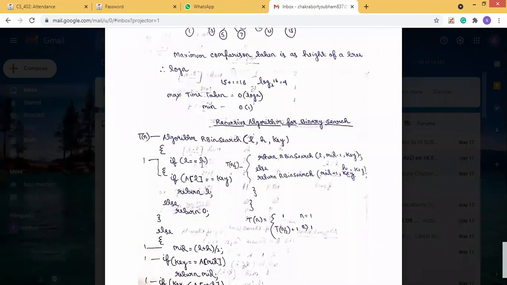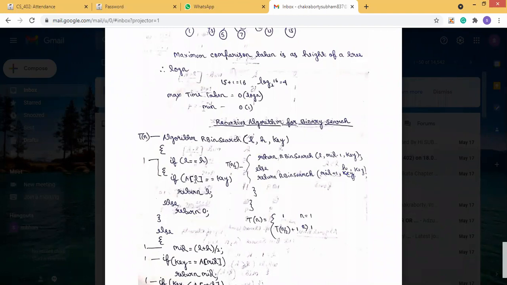So if L equals H, that means low and high are both pointing to the same position. That means only one element is present in this list.